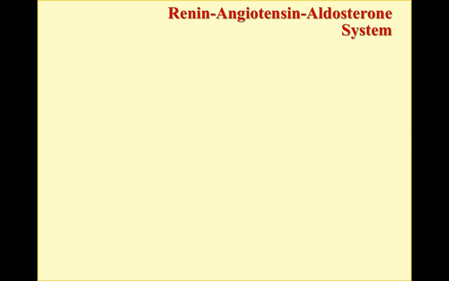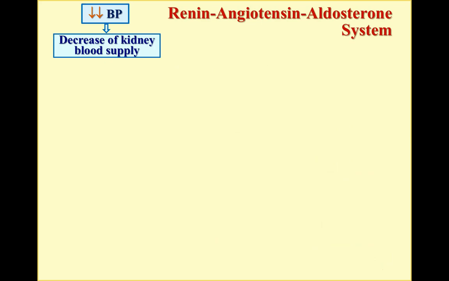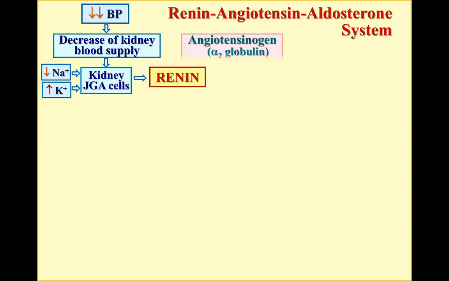One more time we consider the Renin-Angiotensin-Aldosterone System. First stimulus is a significant decrease of the systemic blood pressure, which results in decrease of kidney blood supply and stimulates the juxtaglomerular cells in kidney. Also, decreased sodium and increased potassium stimulate kidney juxtaglomerular apparatus cells. Juxtaglomerular cells release renin. Renin converts angiotensin, actually "converts" is not a good word, because